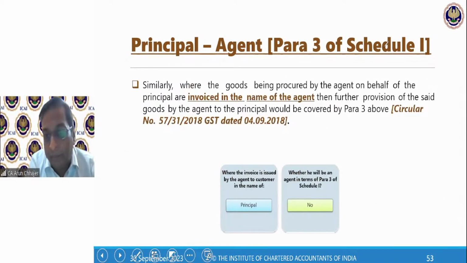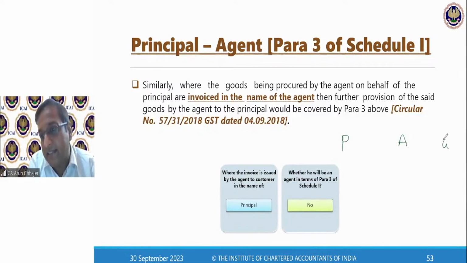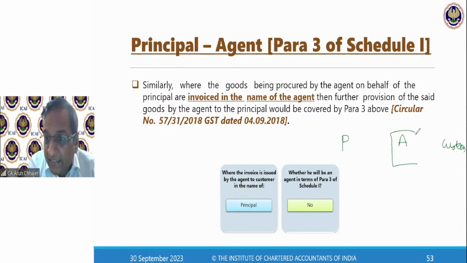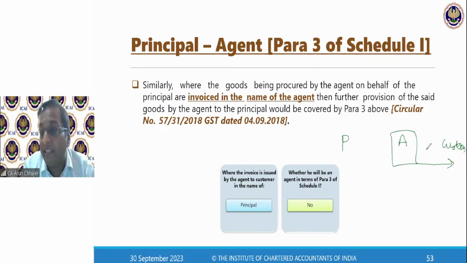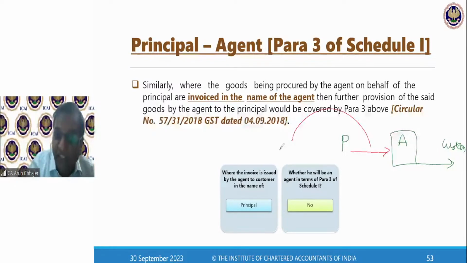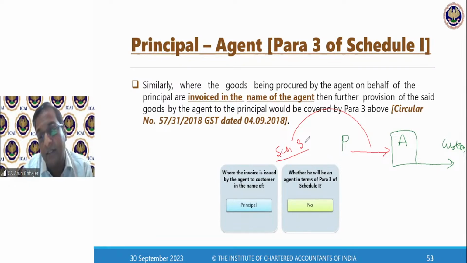The crux is principal, agent, and customer. If this agent is issuing the invoice in his own name when he is selling the goods to the customer, then I can say the transfer of the goods by the principal to the agent will be covered in Schedule 1, Para 3, and this particular supply by the principal to the agent is treated as supply even without consideration and chargeable to